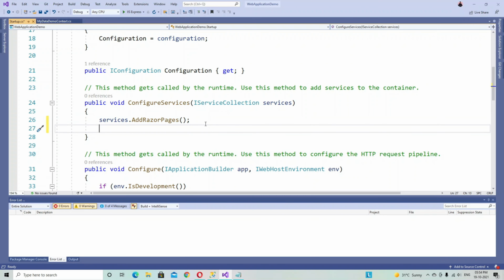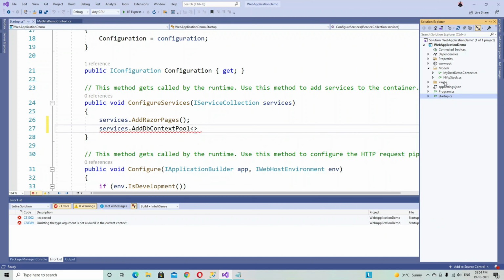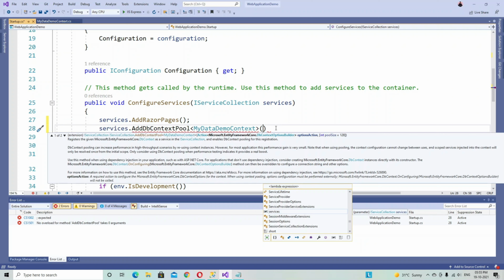Build the solution. Now open the Startup.cs file and make some changes in the ConfigureServices method, IServiceCollection, services.AddDbContextPool. Now we enter the context name. Our context name is MyDataDemoContext, which is in the WebApplicationDemo.Models folder. To bring this namespace, now we are using options as a Lambda expression.